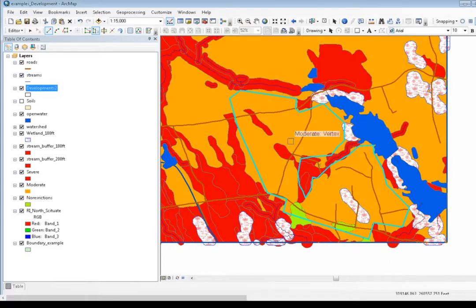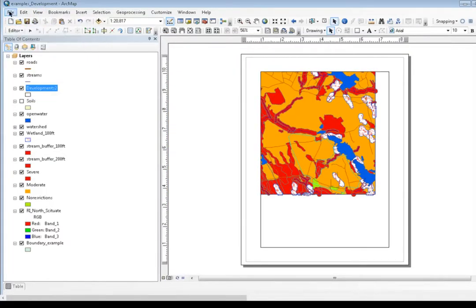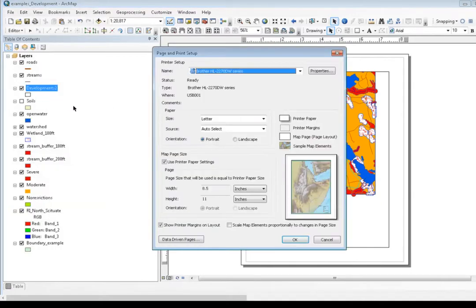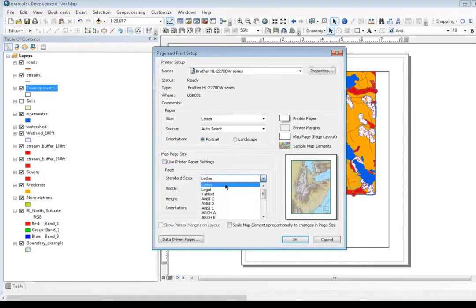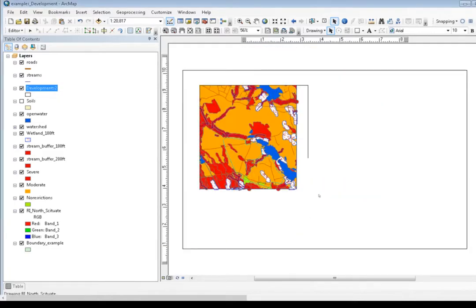So here's our finished product. One last thing you want to check is how is this going to fit on your map layout? So you want to switch to layout view. Most likely you want to come down here to page and print setup. Open this up and, instead of use paper print, uncheck use printer paper setting and switch to tabloid. So this is what the paper in the back of the lab is, and you probably want it in landscape view. Switch to this